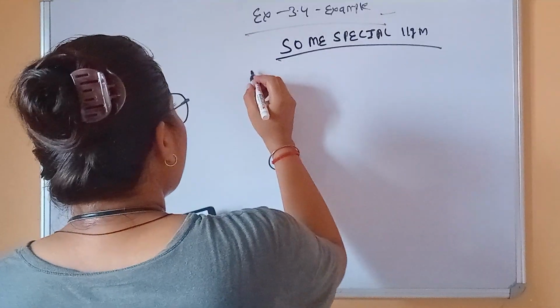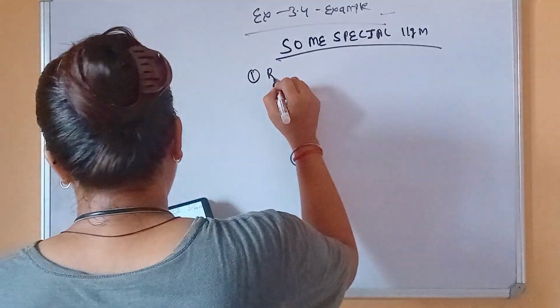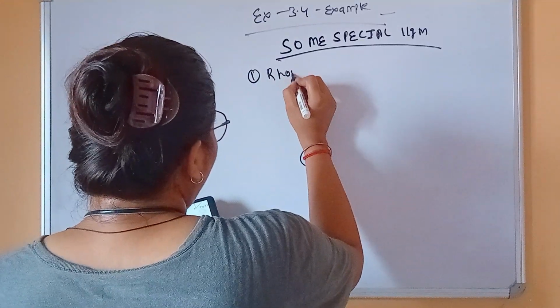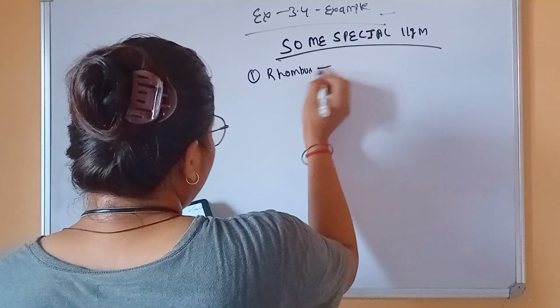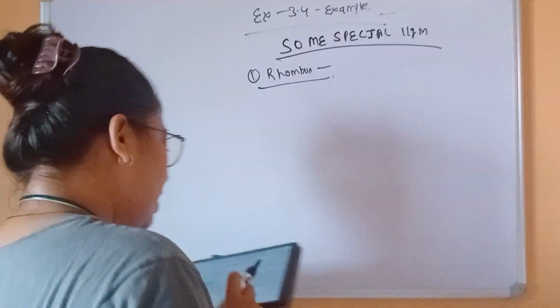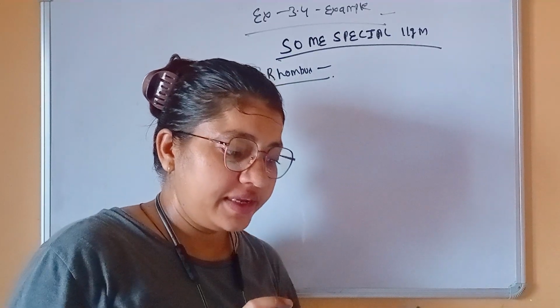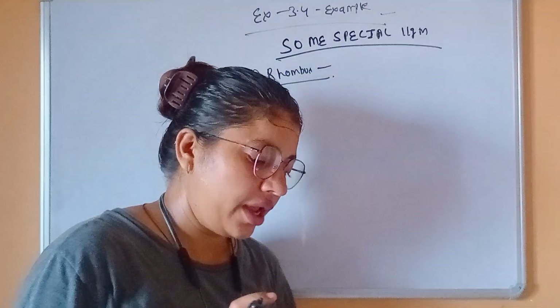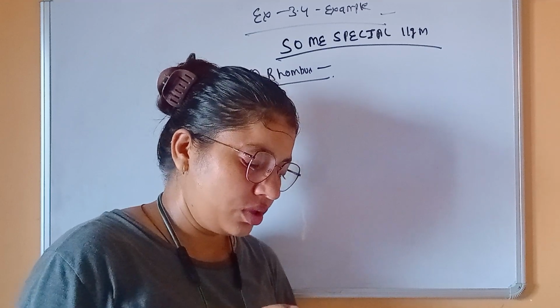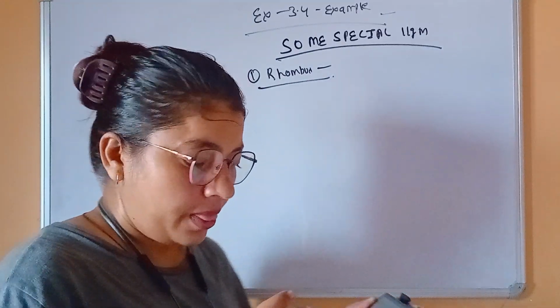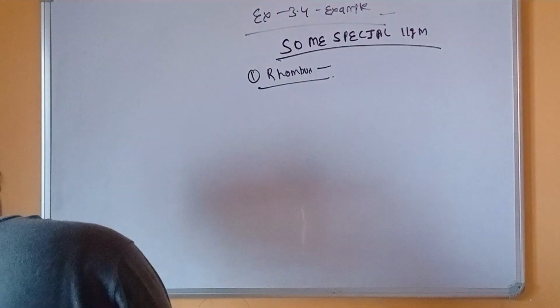So first, write rhombus. That's very important. Rhombus is important. Okay, all things are important, not only rhombus. So here we obtain rhombus, which you will see in parallelogram as a special case of a kite, which is not a parallelogram. Okay, so a kite is a figure that is not a parallelogram.